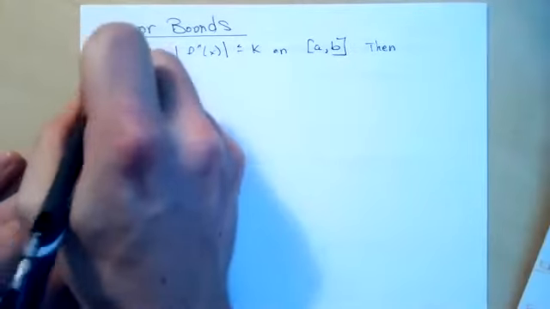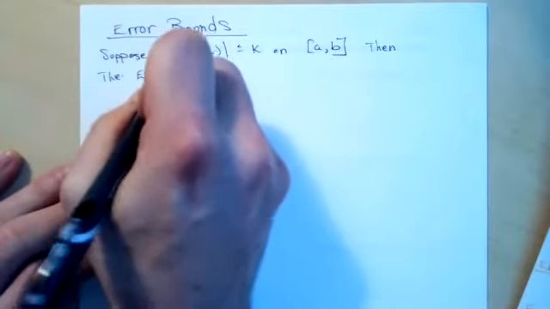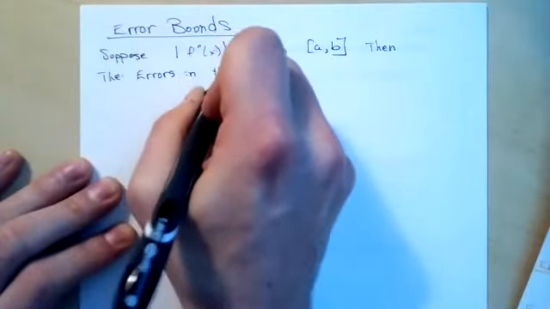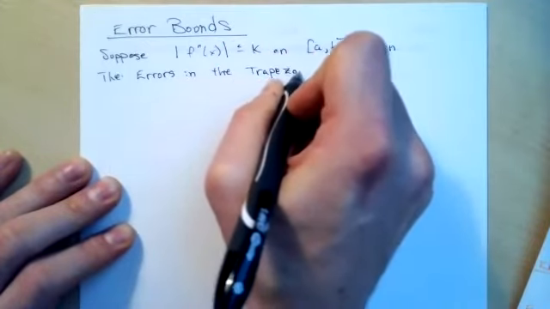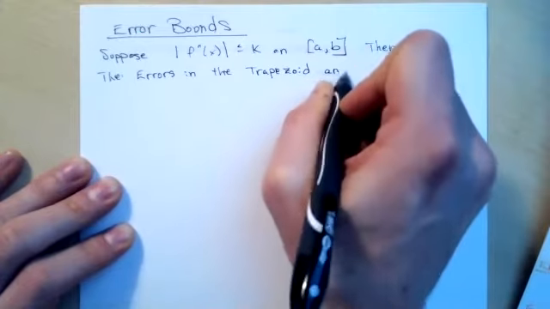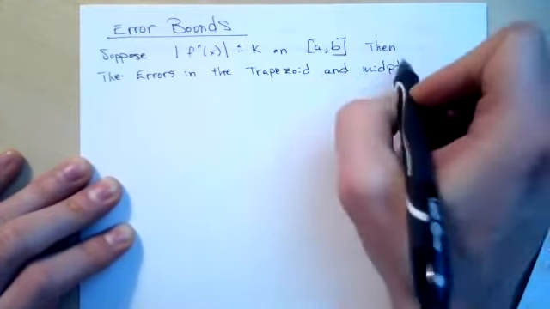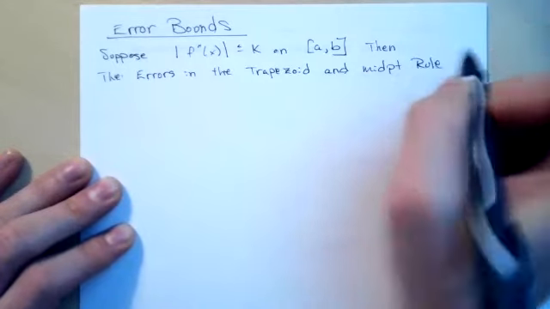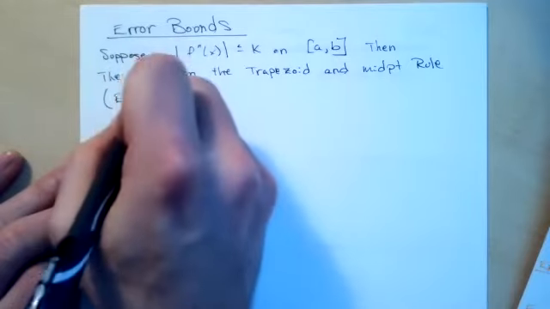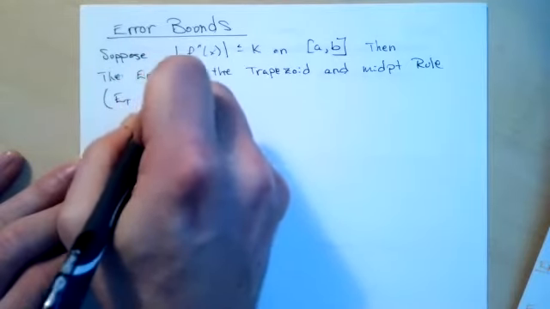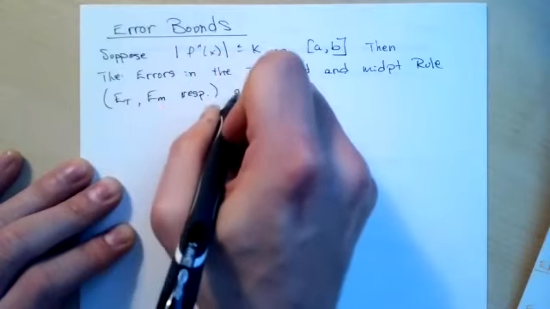Then the errors in the trapezoid and midpoint rule, which we denote by ET and EM respectively, are given by